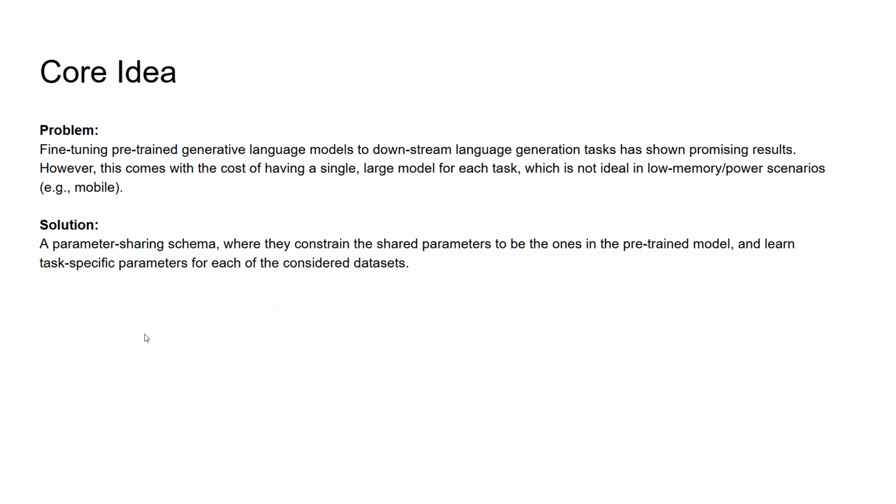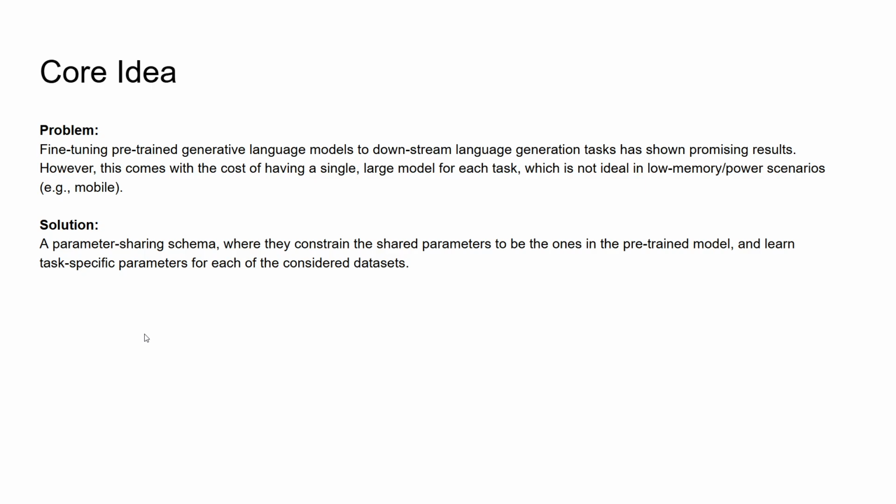So, what's the core idea here? The problem is very similar to what we've seen before. Fine-tuning pre-trained language models to downstream tasks is very good. It gives very good results. But then you have a new model for each and every task, which is not very ideal for scenarios where you do not have enough memory or enough compute to run all of them in parallel or to swap between